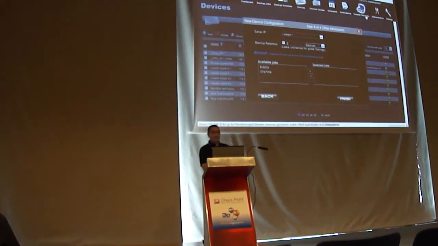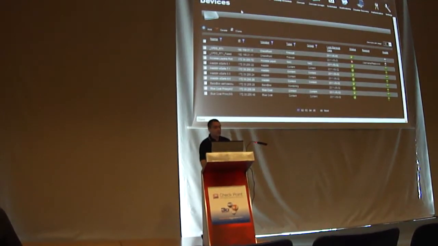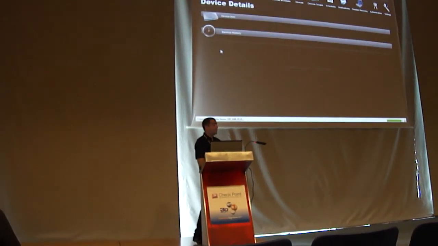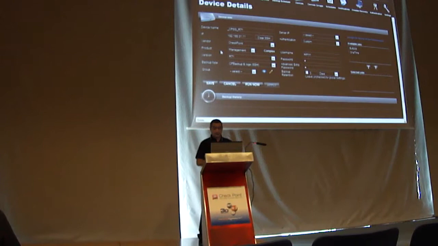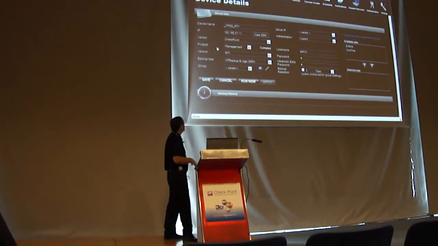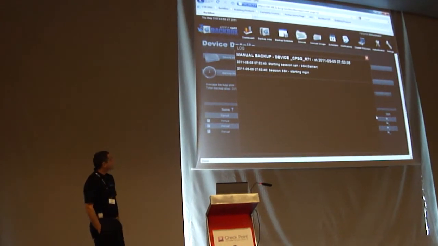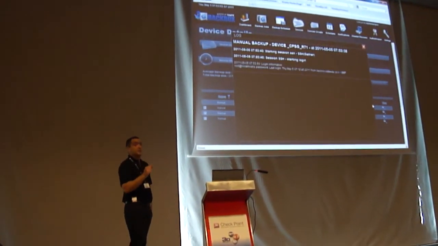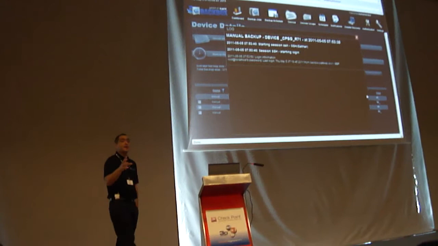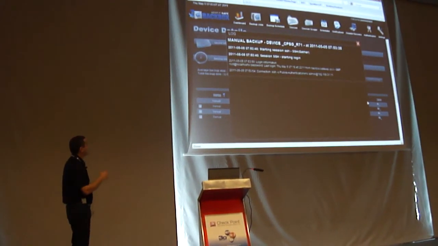And once I'm done with that, I'll just move over to an existing device that I have here, which is a firewall that's running on my VM. I want to show you what that looks like. So this is the configuration of my device. Obviously, for each device, you don't have to click run now. Once it's inside a schedule, it will run automatically. But just to visualize,